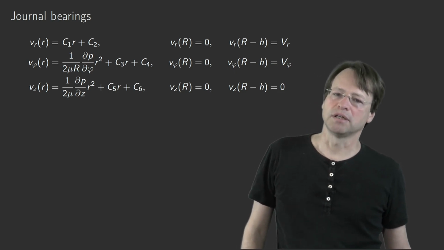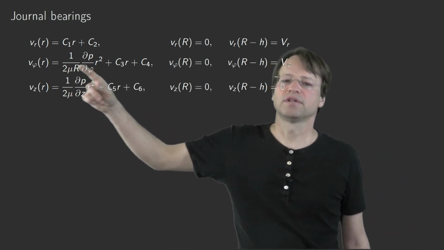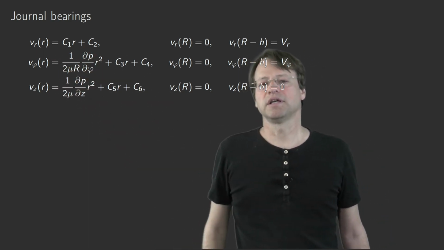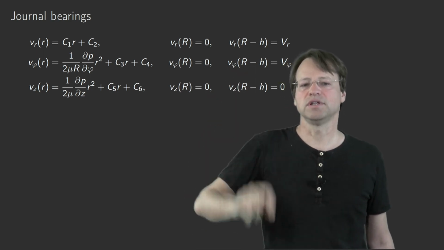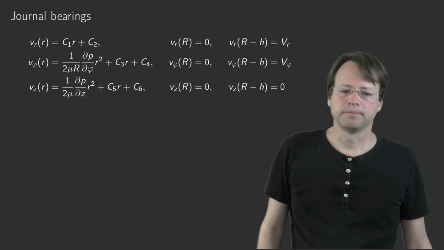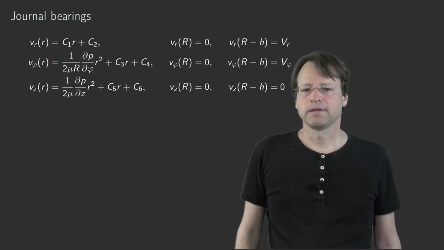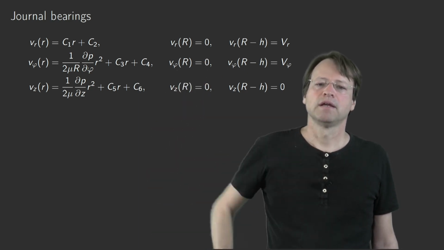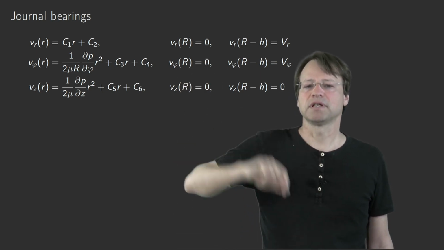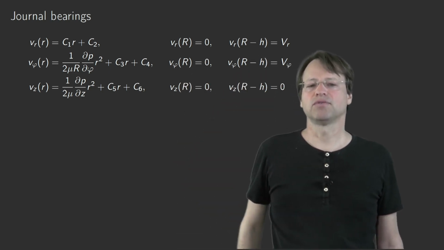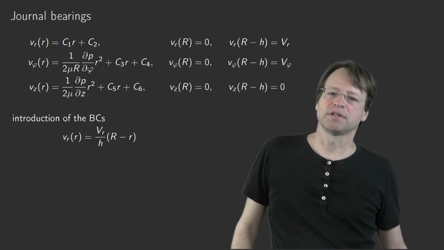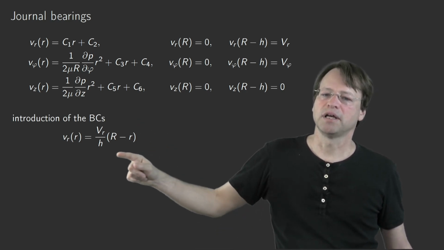Well, this can be formally done by replacing on the left-hand side and on the right-hand side the lowercase r by an uppercase R, and then equating this to 0 and to v sub r. It can be also done a little bit faster, right? By observing that, for example, in this case, we have a linear function. That linear function should be equal to 0 for capital R. It should be equal to v sub r for capital R minus h. What is the possibility? We set capital R minus lowercase r divided by h, and then you can